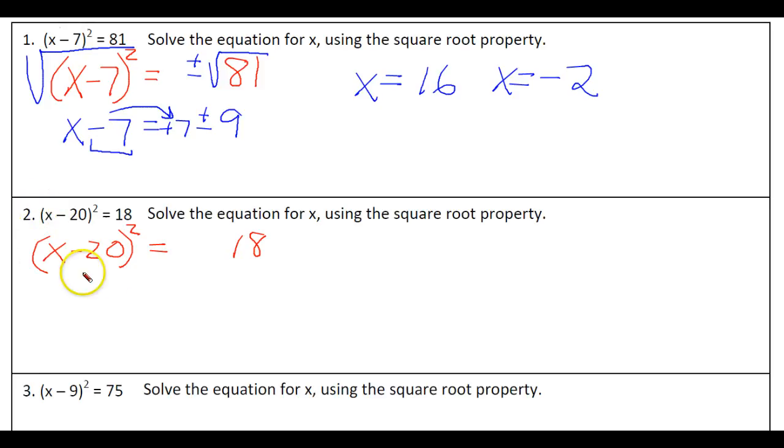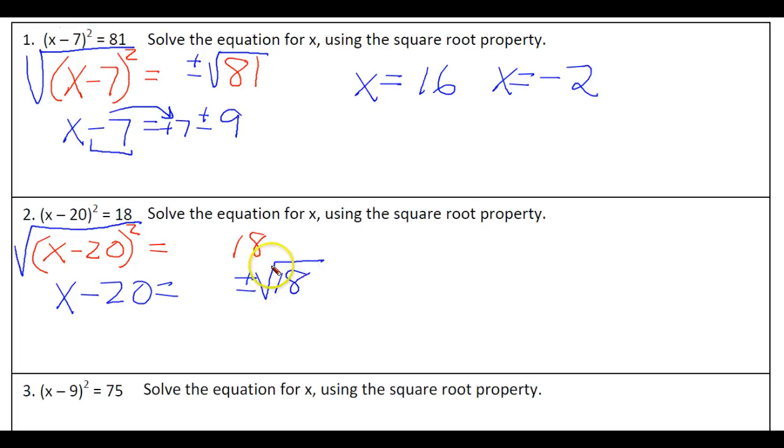Now again, this pattern is unique, where we have a binomial that's squared, and it equals something. So we're going to take, again, the square root of this side, and again, the index number is 2, and that's 2. So we're just dividing this 2 by 2, and it just becomes the radicand. x minus 20 equals plus or minus the square root of